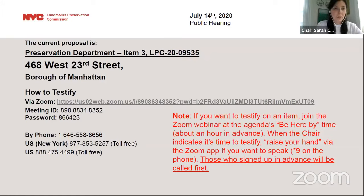You mean from the commission's regulatory history? Yes. So, the commission has historically discouraged through the wall units on the front facade of row houses. So the rules do not allow the staff to approve these types of installations, which is why they come before the commission. And in some instances, the commission has found